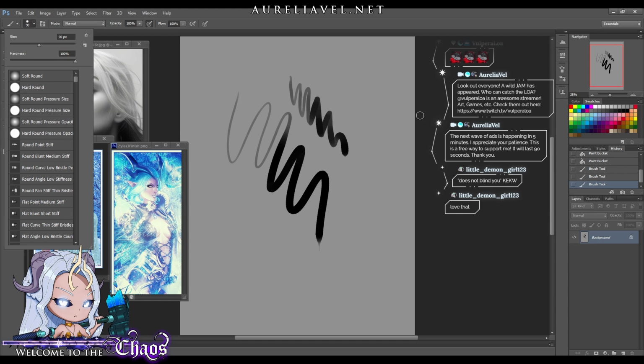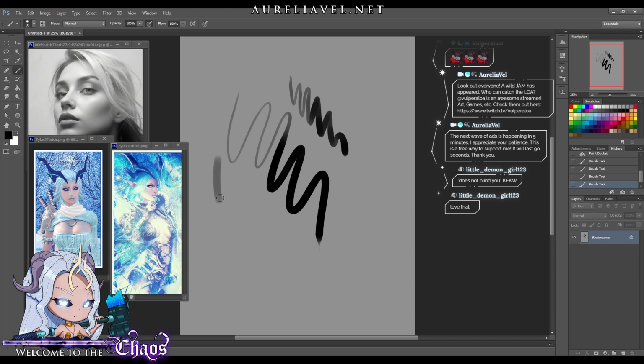So you're always going to use anything with pressure. So you can have soft pressure size, hard pressure size. Pressure opacity is what we're using right now, I think. Or no, we're using size. If you use opacity, it's more like this. This is the painterly effect that I generally work with, or you guys will see me work with. The reason why I use the size bit over here during most of my line art work is simply because